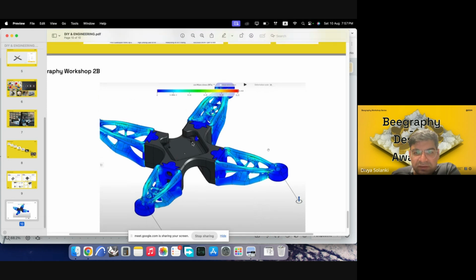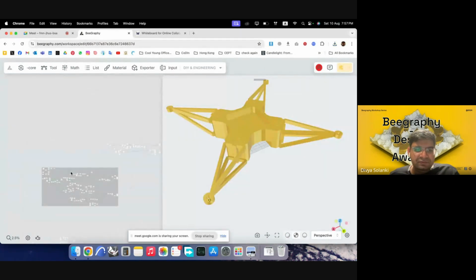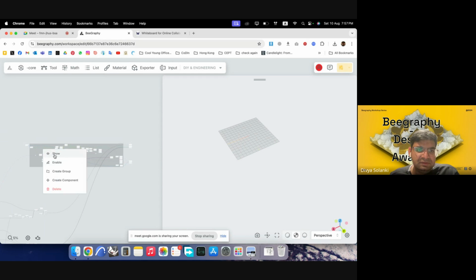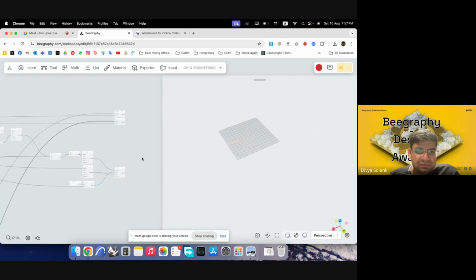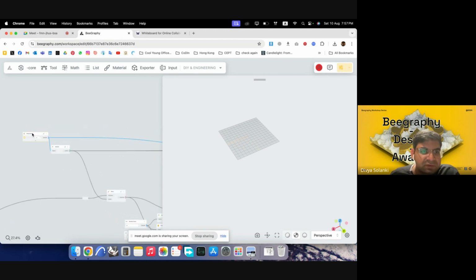So you can probably see there's some holes here for connecting the chip, and then you have additional holes on these points for connecting the camera on the top. So you require a lot of connector points for this to work. And then the rest of the parts, like the propellers, etc., can be easily